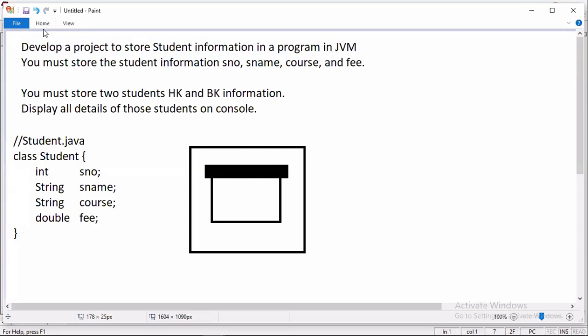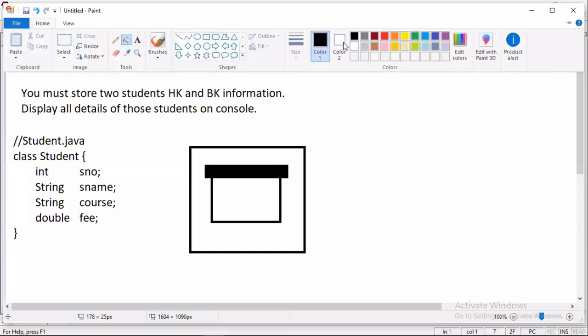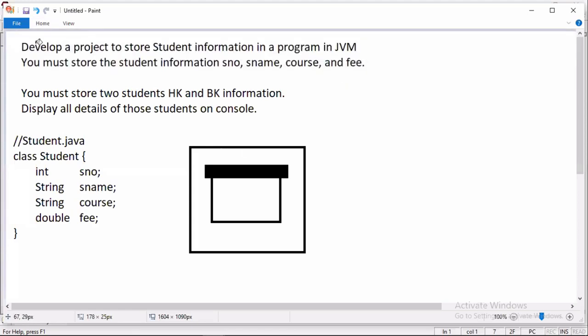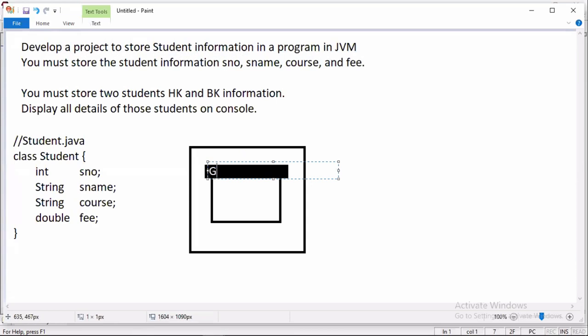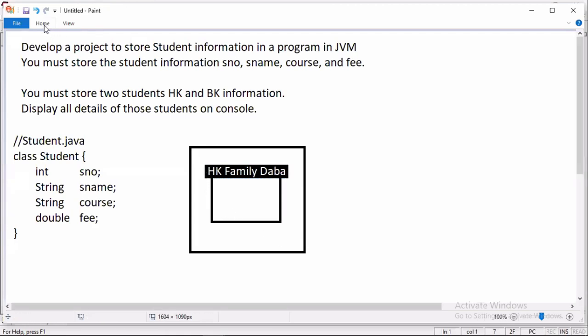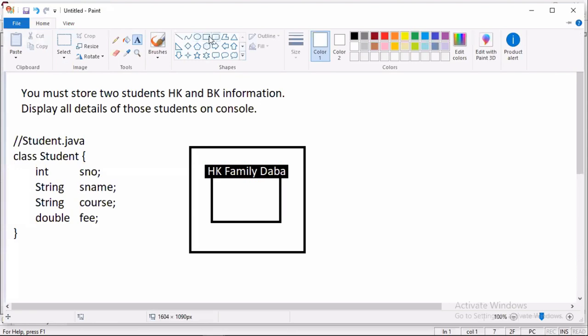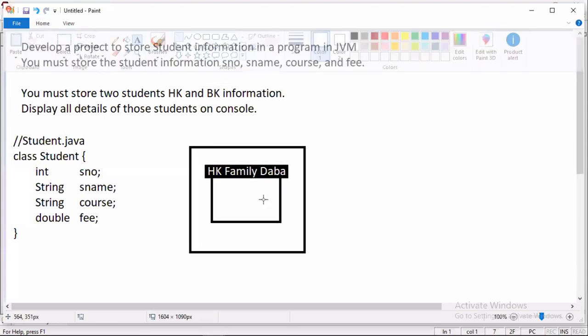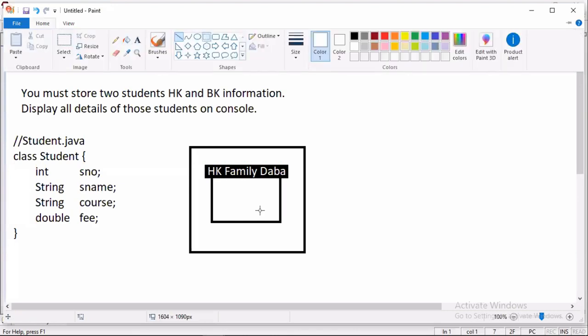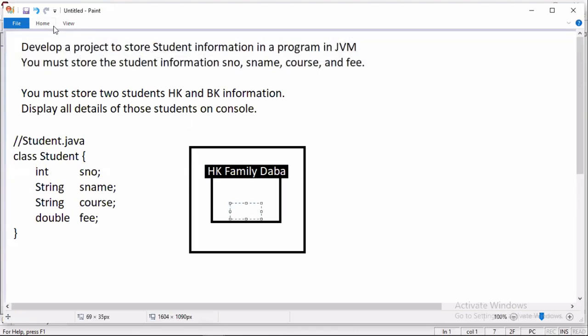This is a hotel. On this hotel, this is a board. On this board, what is coming? HK, what do you call it? Family Daba. So HK Family Daba, and then this HK Family Daba is having something called a door. HK Family Daba.